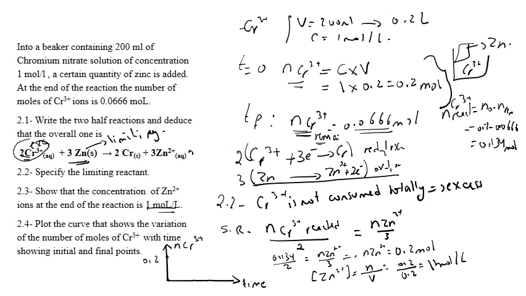During the reaction, it decreases until it becomes, at T final, 0.066. So it increases and it will remain constant at 0.06. So it is in excess. In some cases, with respect to this equation, the same equation, chromium with zinc, we are asked